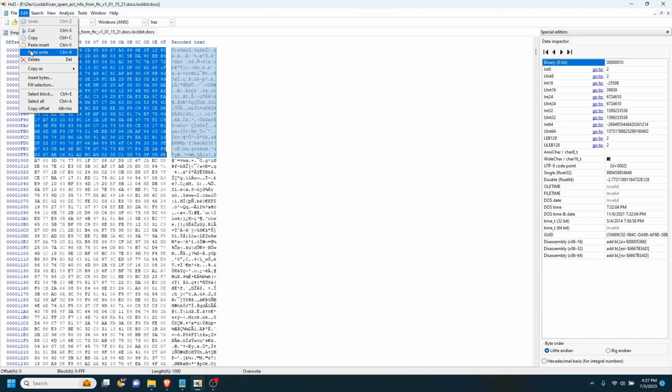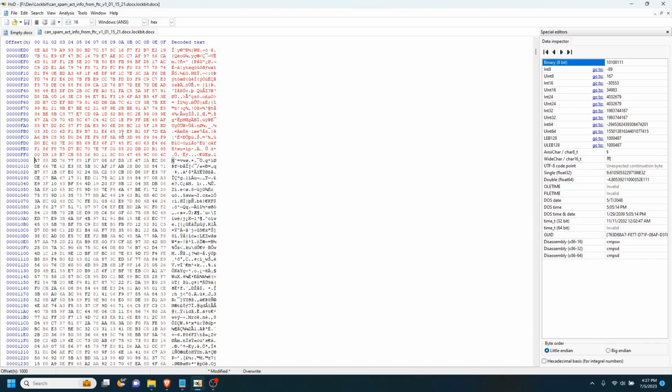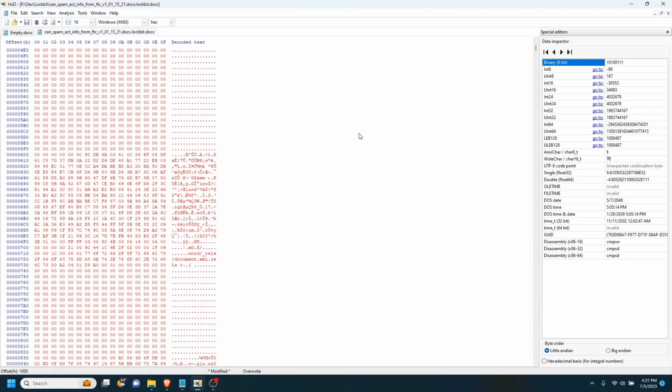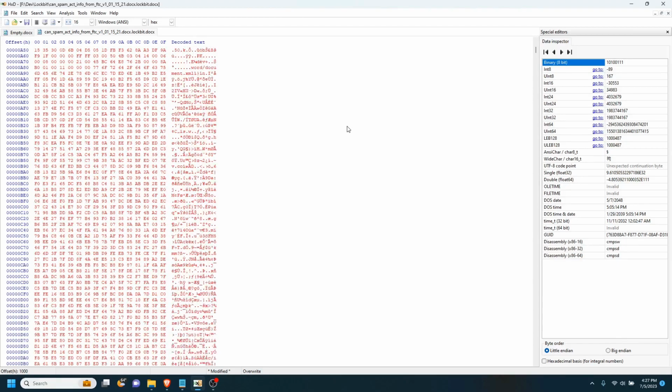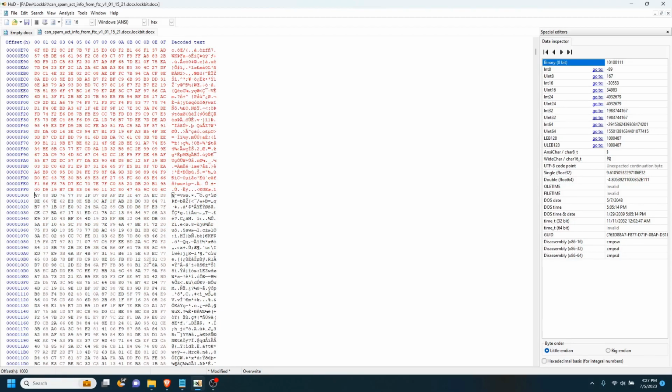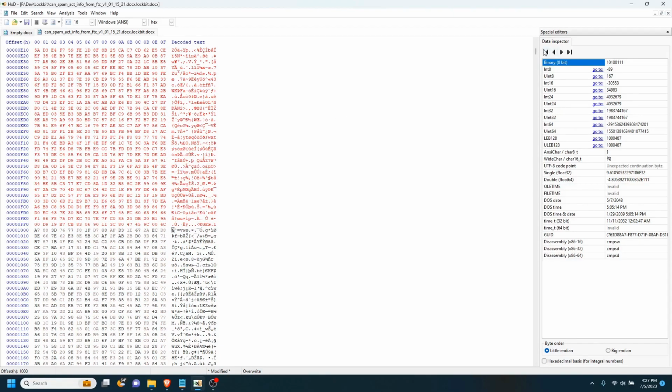What Paste Write does is overwrite these bits with the data that we have in our clipboard. So there we go, and it will show you here now that all of this is changed data, everything in red. Just double check we're going down to the right address range. Cool, yep, that looks good. All right, and then the last thing that the virus does is it also adds